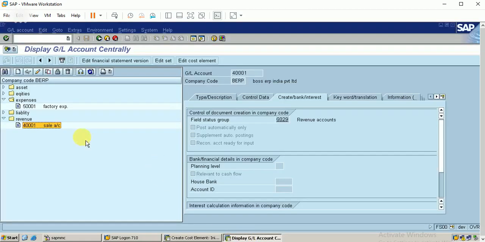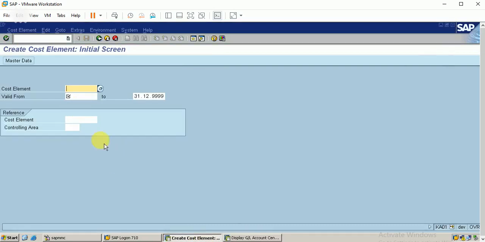I have created this revenue account 4001 as a sales account. I'm going to create this account as the cost element in the controlling module. The T-code for creating the cost element is KA01.